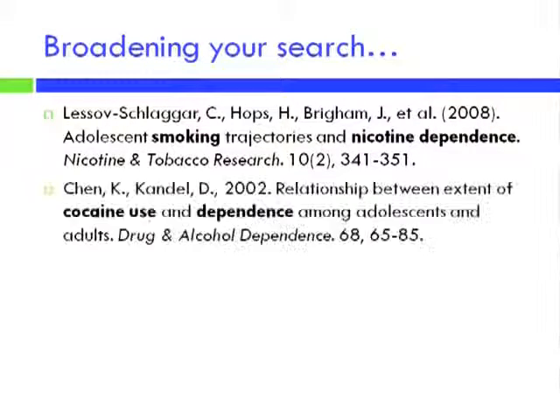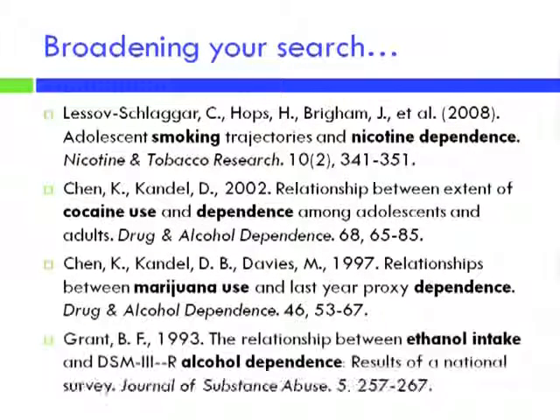here's some examples of what I would have pulled up. The first one is on smoking and nicotine dependence, but the next one is on cocaine use and dependence, so the relationship between how much cocaine you use and whether or not you're dependent. The next one is on marijuana use and dependence, and the last one is on alcohol use and dependence. So if I don't have papers on smoking and nicotine dependence, I'm going to broaden it out and say, well,